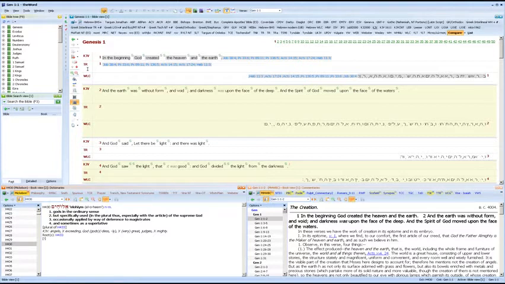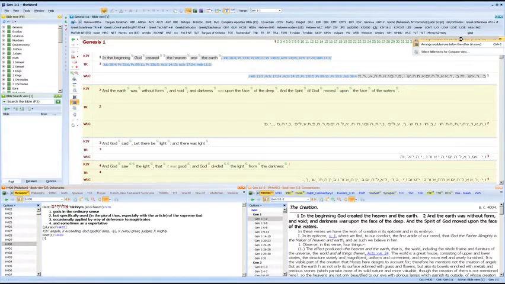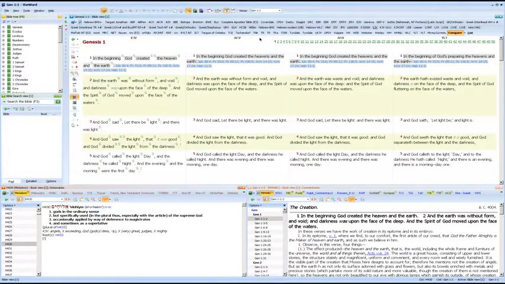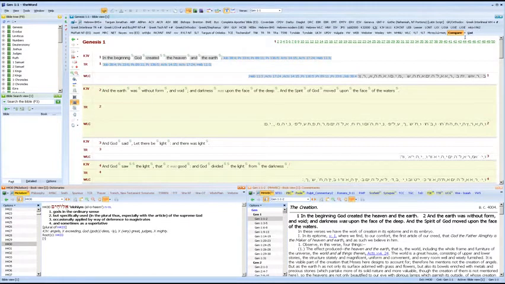rows, you can have 2 different sets of translations that you use, one for rows and one for columns. If I was to switch this back to columns, it remembered the 4 translations that I was using. If I were to go ahead while I am in rows and select Bible text for comparison, I could also custom select text and it would display it in rows, and they would be different than those that showed up